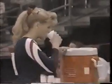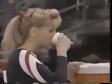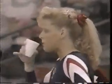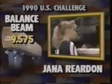Now, you look at an event like balance beam, and sometimes this can make or break a competition. Yes. Sure, Wendy's got a big lead, but all she has to do is make one mistake, maybe fall off once, and all of a sudden, Jana's right back in the money right now. 0.45 is the margin of difference between Jana Reardon and Wendy Bruce. 9.575 is the score that Jana Reardon has been granted for her beam performance. And that certainly puts the